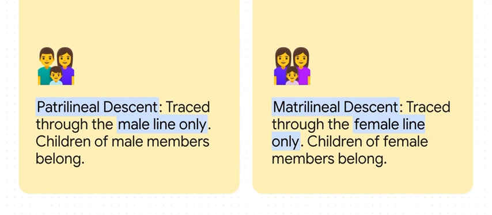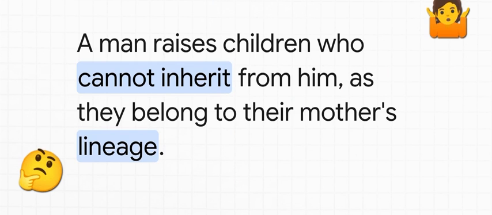Now, most of us are used to systems where we trace our family through both our mom and our dad. But a lot of societies do it differently. In what are called patrilineal societies, like the Iwi in Ghana, everything, your identity, your inheritance, who you are, it all comes from your father's side. But then you have matrilineal societies, like the Ashanti, where it's all about your mother's line. Your identity is traced right through her. And this setup creates something that sociologists call the matrilineal puzzle.